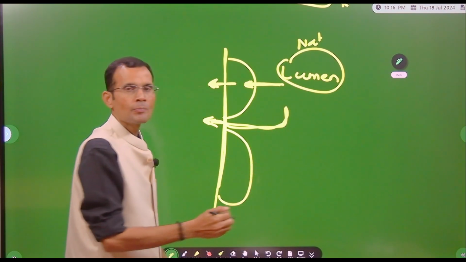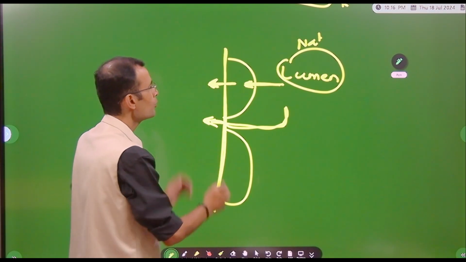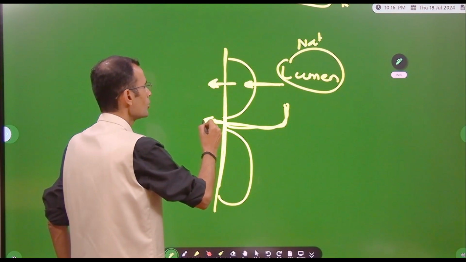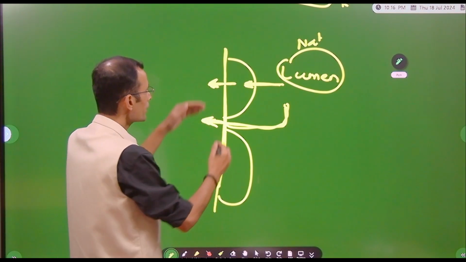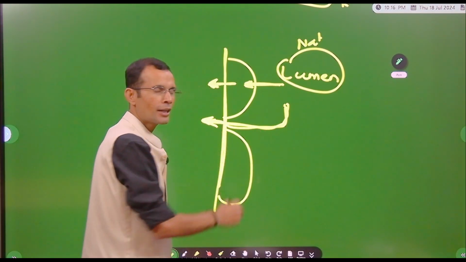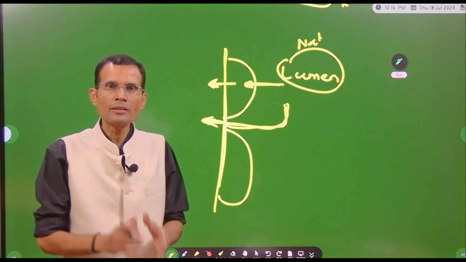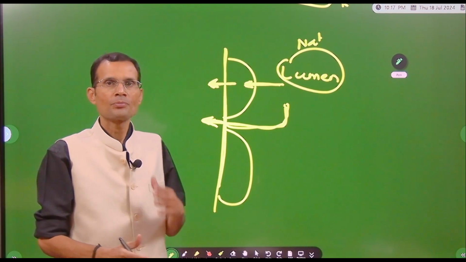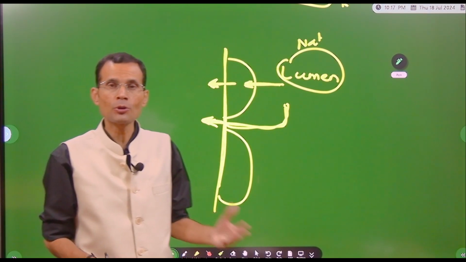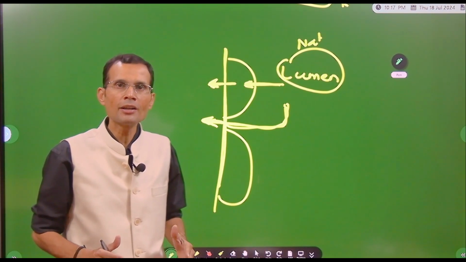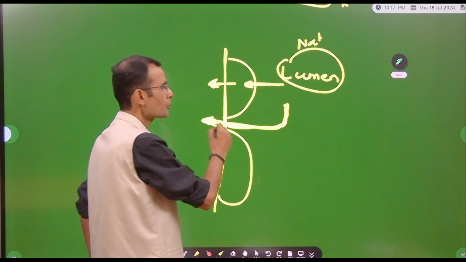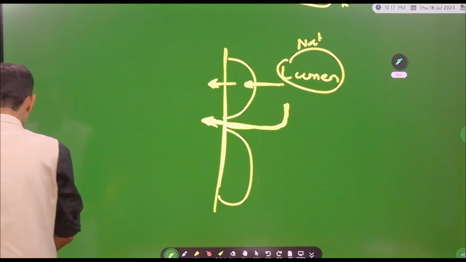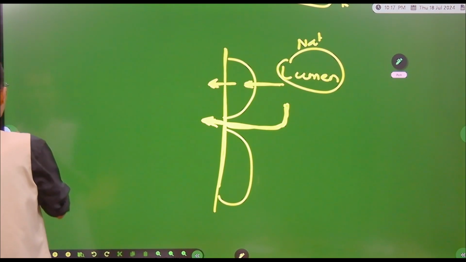Paracellular is between the two cells, between the two membranes. So for example, paracellular will be like this. It is not crossing the entire cell, but it is going between the two cells. That's paracellular transport, and we will see that paracellular transport is mainly driven by the electrochemical gradient. Yes, that's why we also discussed the electrochemical gradient, because electrochemical gradient will drive paracellular transport and reabsorption of certain cations. So with that in mind, now let's start our discussion